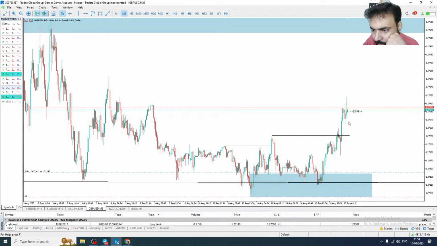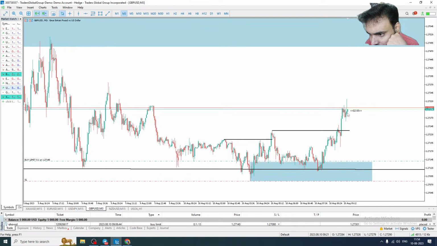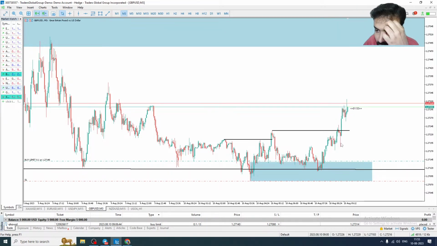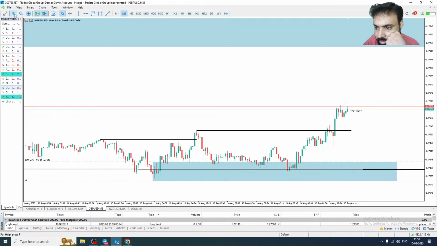Let's look for one breakout structure. If we get one breakout structure, we can again sell from the top here. But I don't think it will happen. But we want to see one breakout structure here. Then we can sell from this wick, and we can target this low or this swing low. Let's see whether it is happening or not in 3 minutes. We are in a 3 minutes time frame.